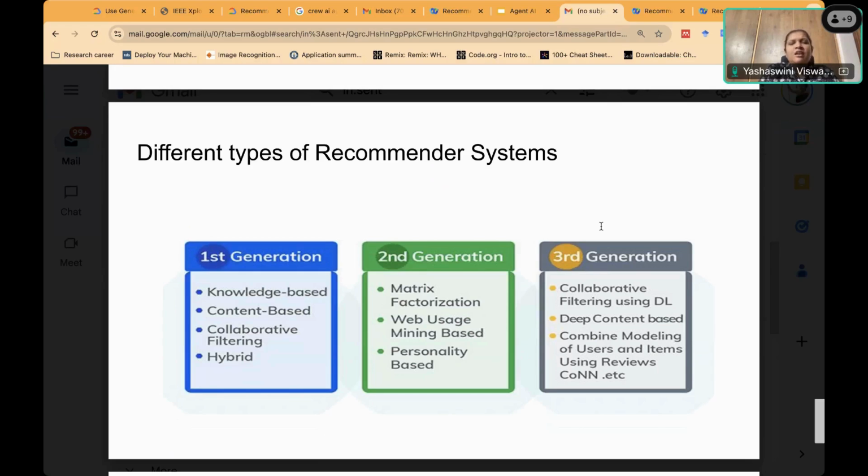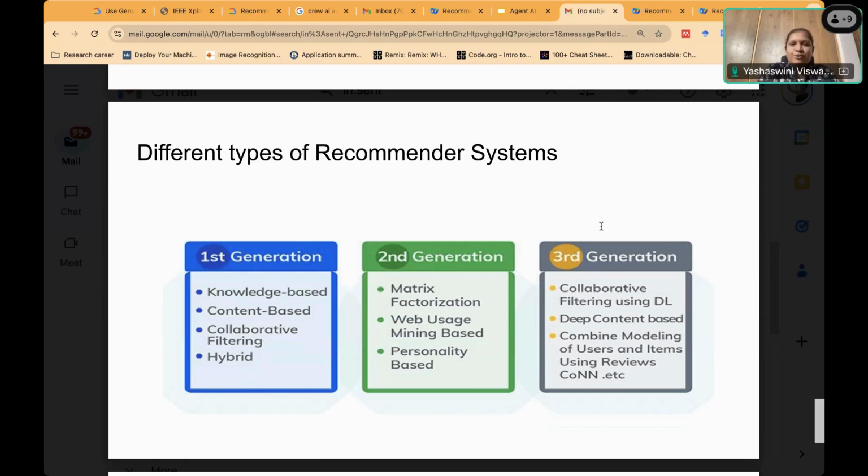Now, if you see any of the media recommenders like YouTube or Instagram or Netflix, you see a lot of user citation, or what we can call user points, that are given.